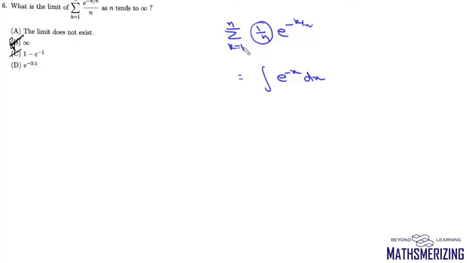And then the lower limit: when k is 1, it is 1 upon n, which will be simply 0, and n upon n is 1. So the value of this integral is minus e to the power x upon minus 1 from 0 to 1. So it'll be minus, and then e to the power minus 1, minus 1. So the answer to this question will be 1 minus e to the power minus 1, and that's your option number